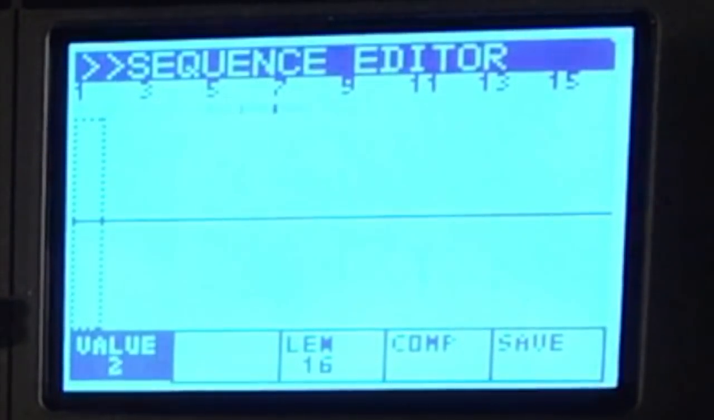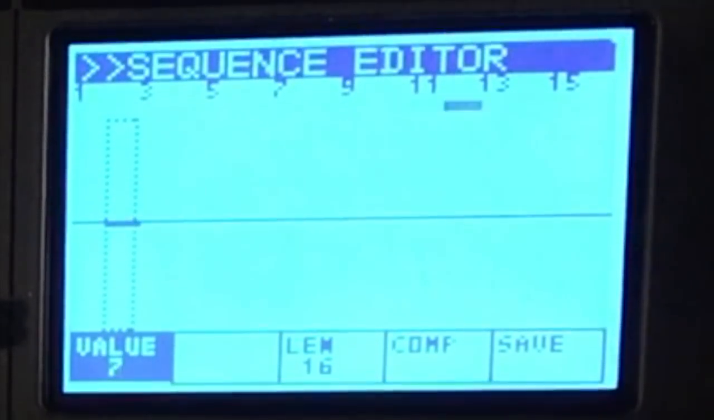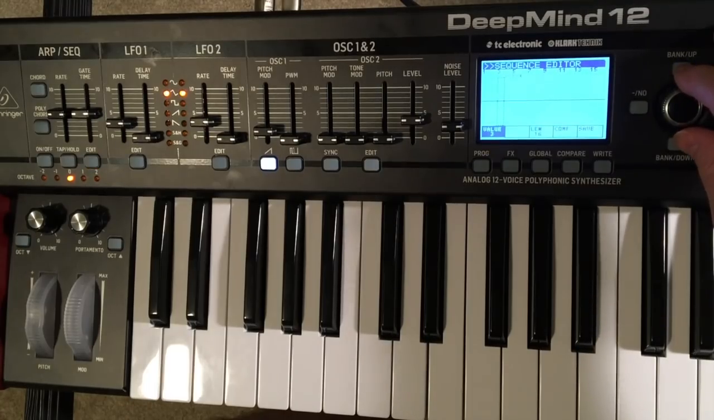You want to make it a value of 3, and that means D sharp. Move to the next section of the 16 and put an 8 in there using the bank up and down buttons. Then you want another 3, meaning D sharp, another 8, which means G sharp, and 2 12s in a row,